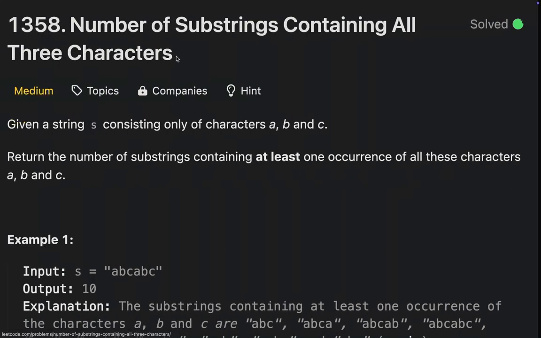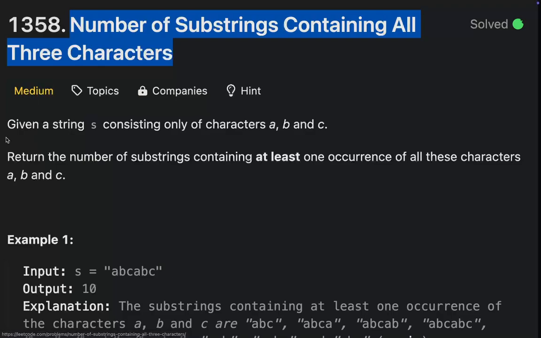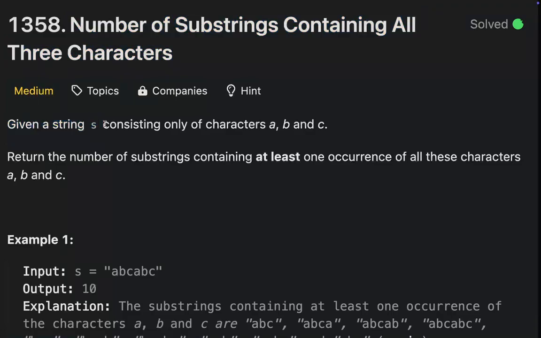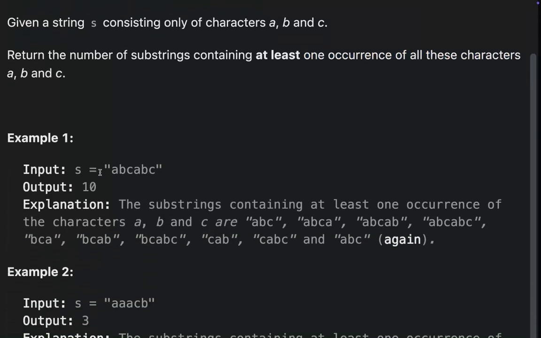Here we go. We have a question: number of substrings containing 3 characters. You are given a string S consisting only of characters A, B and C. We need to return the number of substrings containing at least one occurrence of all these 3 characters. So we have this string, and in it we need to find the number of such substrings. Pay attention, we need to find the substrings that contain A, B and C at least